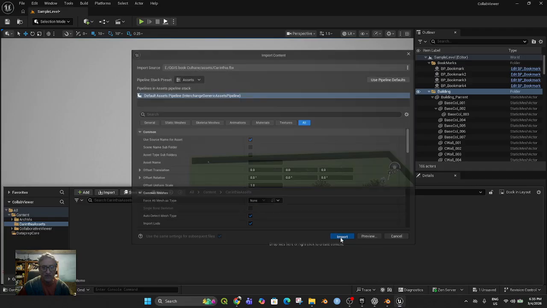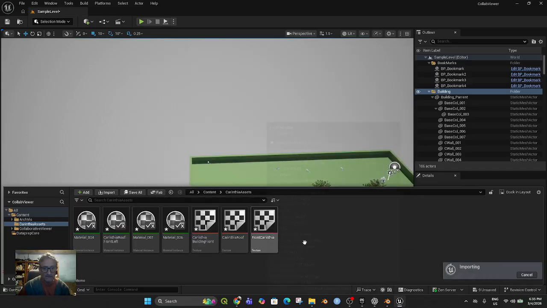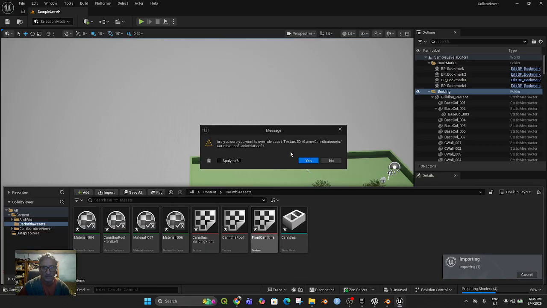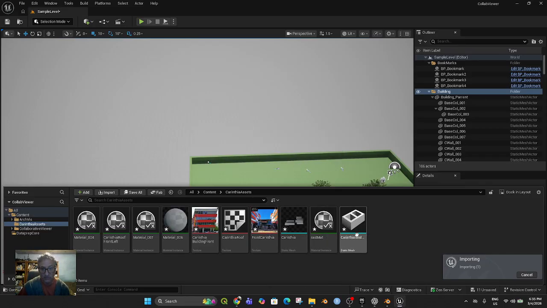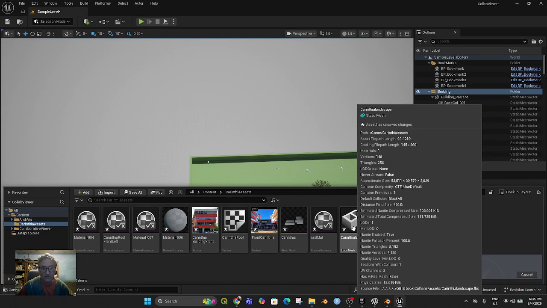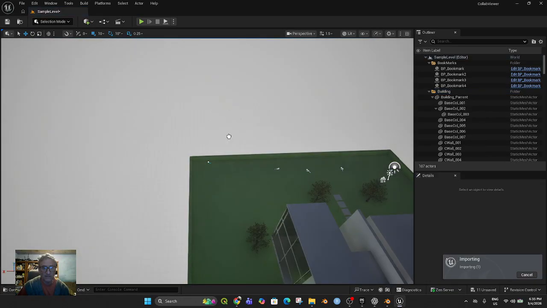we're just going to try the default and see if that works. So Corinthia building, so it's got these materials it's pulling in. You should want to override asset texture. I don't know. Say yes. Look at that. It's pulling in everything from the FBX. Now, the landscape, when I bring it in,